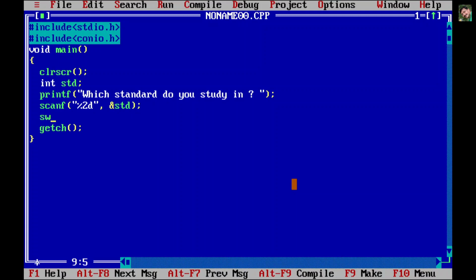Now we say switch of standard. We are checking the value of the standard variable and for that we have written switch.